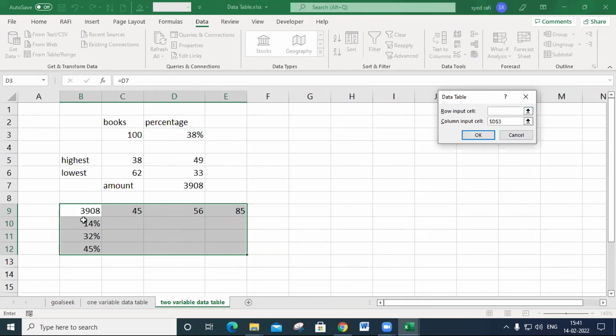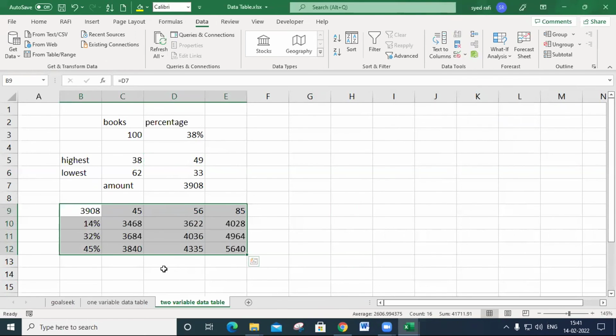And in the row I define some highest prices. So I click here, on which highest price we get this answer, 49 rupees. So in the row input cell you must click the highest price. This must be taken as the column and this as the row, and automatically we will get it like this.